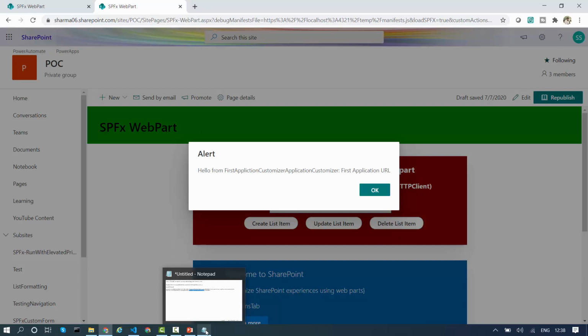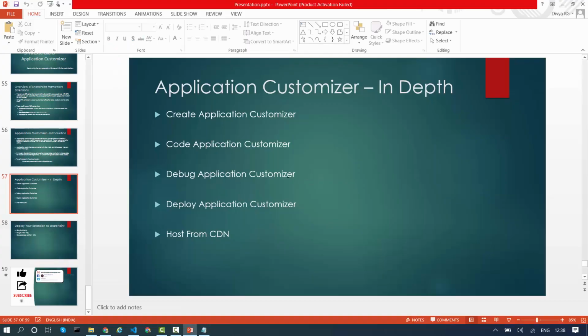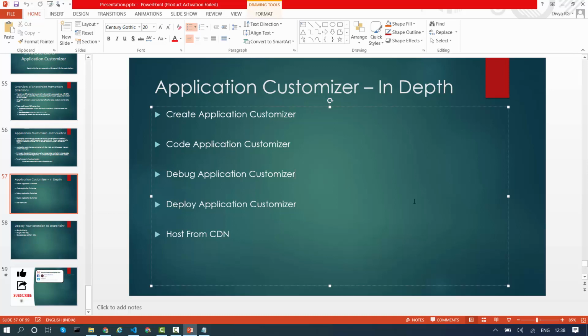At your end, you simply have to change the URL in the config file. Under the config file you have to change it in gulp.serve. You need not remember this file because the file name is coming from your command only. To debug your SPFX web part, over here under debug application customizer, I will write this command name also. So to debug application customizer, I have to run gulp.serve, and I will write the command for deploy application customizer also.